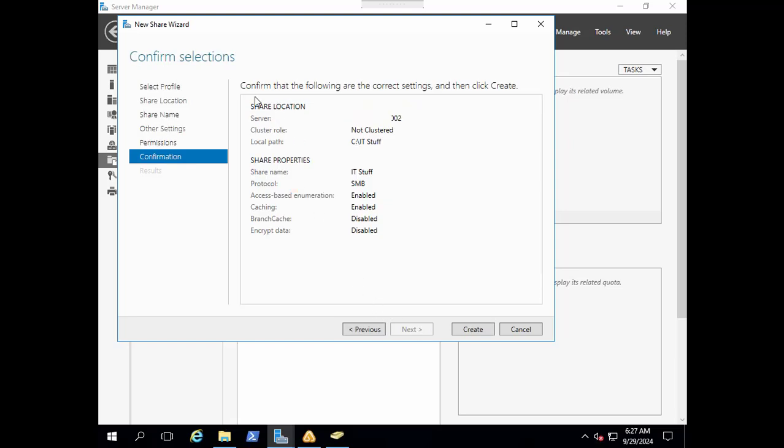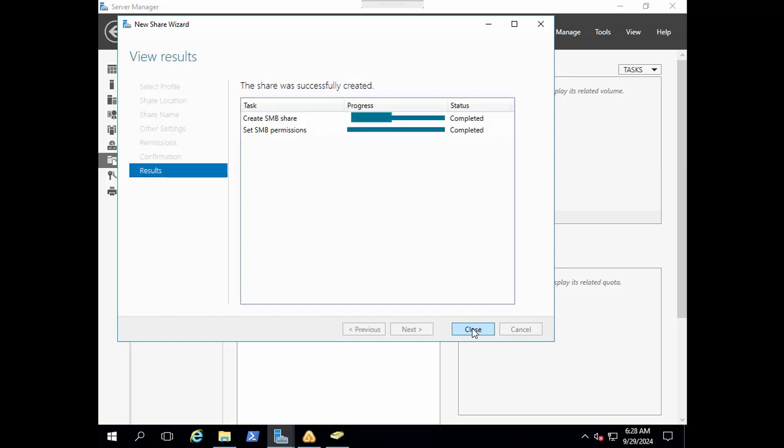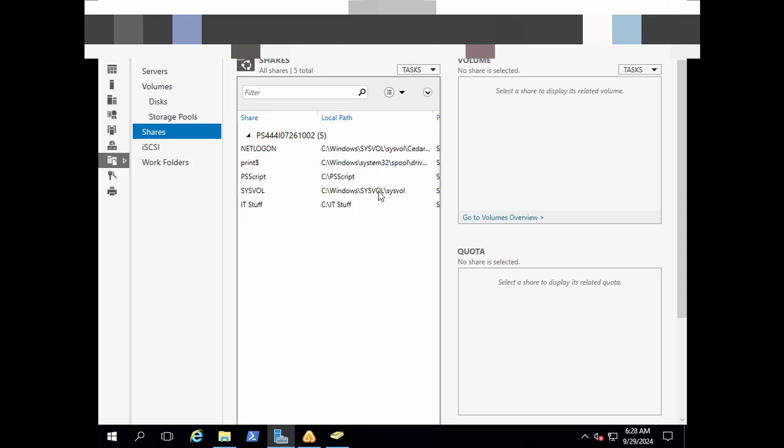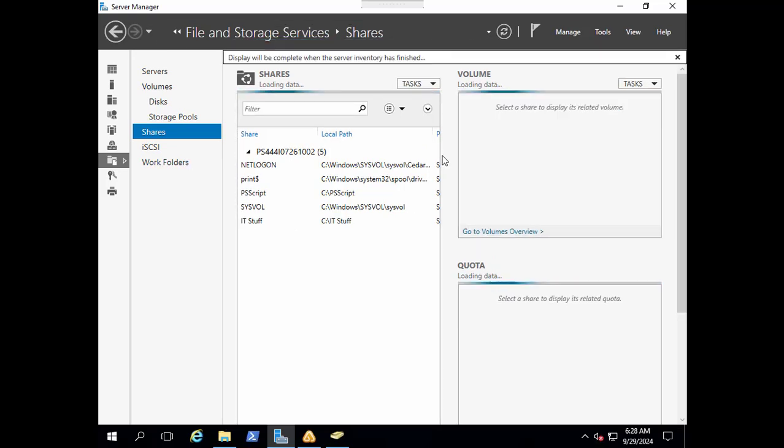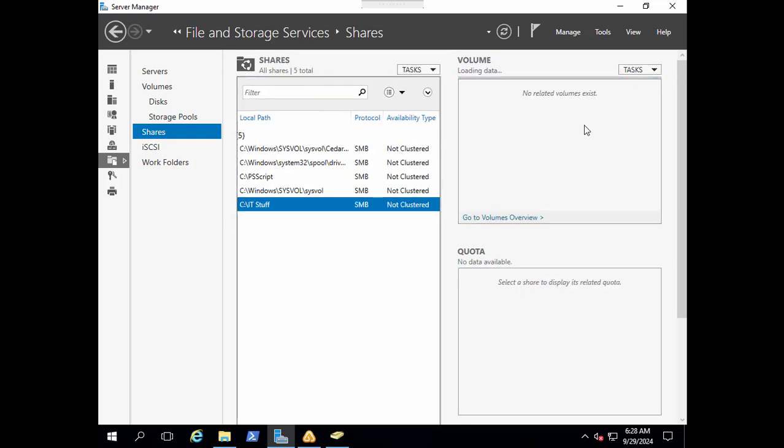In the setup wizard, you can review all of the settings of the share folder, department and path. And once you are okay with everything, you can click create. Now we have created an SMB share and set SMB permissions as well. Now click close and the share was successfully created. Let's go ahead and refresh Windows Server and we could see the IT stuff folder is shared as an SMB